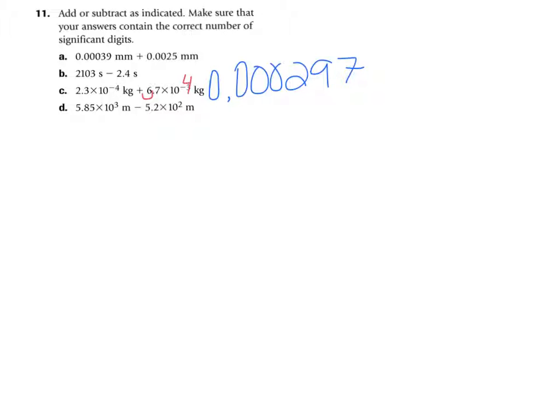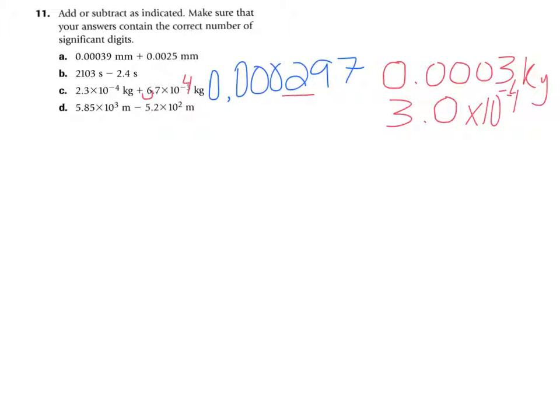97. Well, we need to just have one significant digit after the decimal place, because if we change that, that would actually have 2 after the decimal place. And so what we end up having is 0.0003, or if you wanted to convert to kilograms, you could still say 3.0 times 10 to the negative 4th